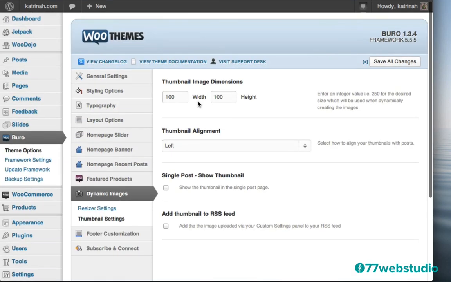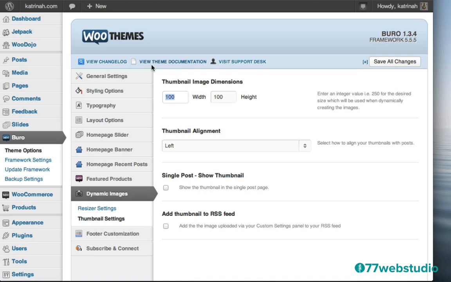And scrolling up, we see that the thumbnail image dimensions are currently 100 wide by 100 high. So this is the part that needs to change. The thumbnail image dimensions that I want, actually I need to change this in two separate sections. I've already tested this out and it worked really well, so I'm just going to add these numbers in here.